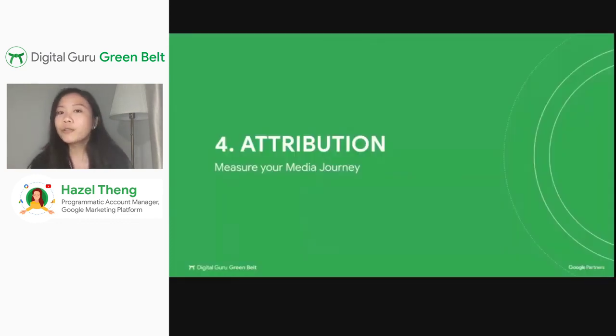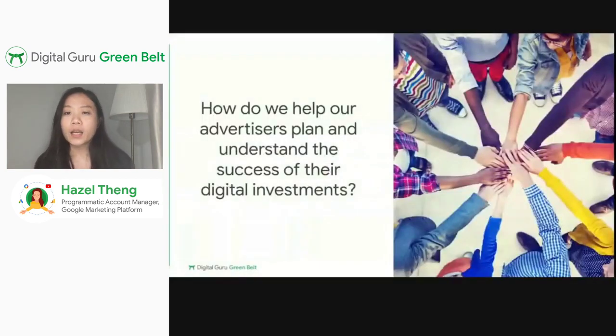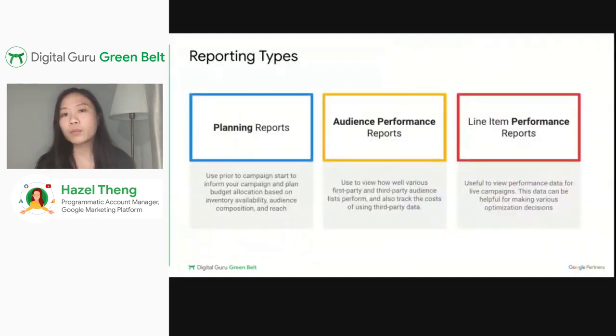All right. So let's go into the last segment of today's session, and that is on measurement. A lot of users think of measurement and reports only from a post-campaign measure of success perspective. But reporting can be used not just as a measure of success, it can also be used for optimization as well as planning purposes. So I just want to bring your attention to 3 types of reporting, as we've bucketed the different reporting types on DV360 into 3 buckets for simplicity's sake. So first, you have planning reports.